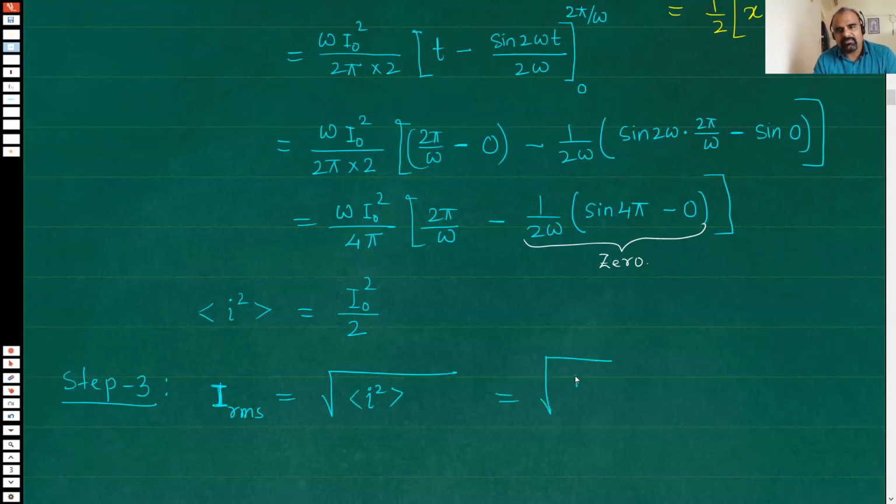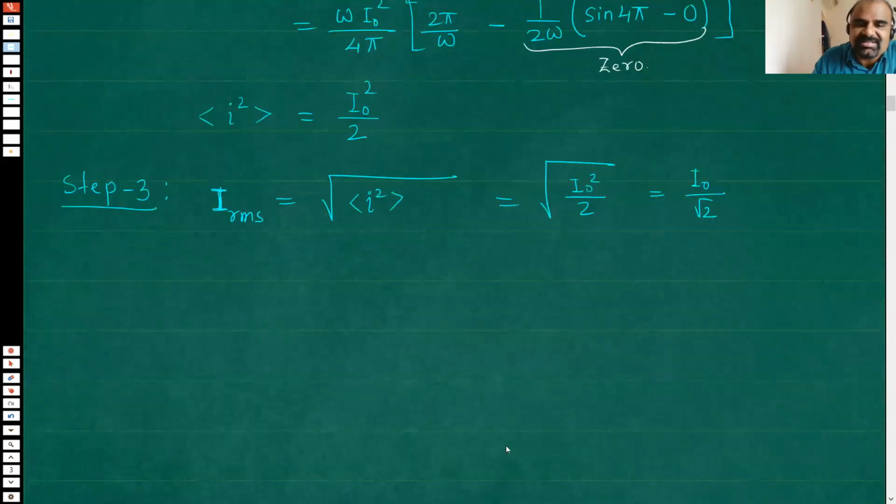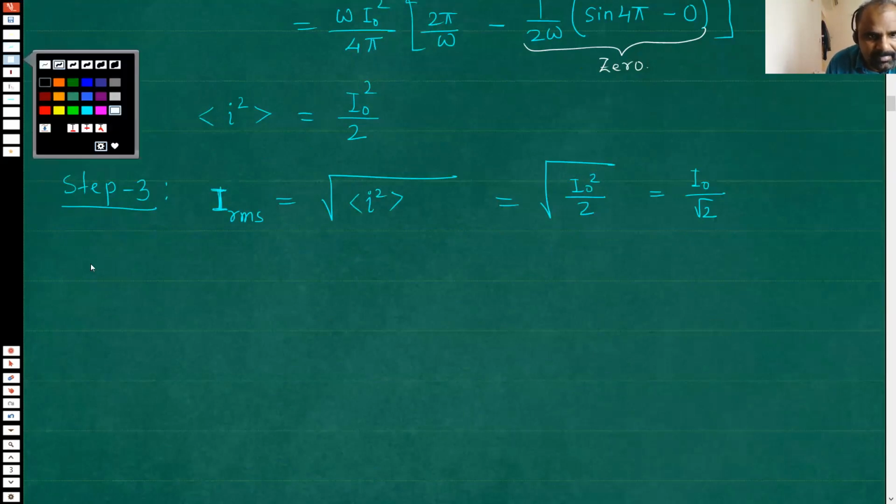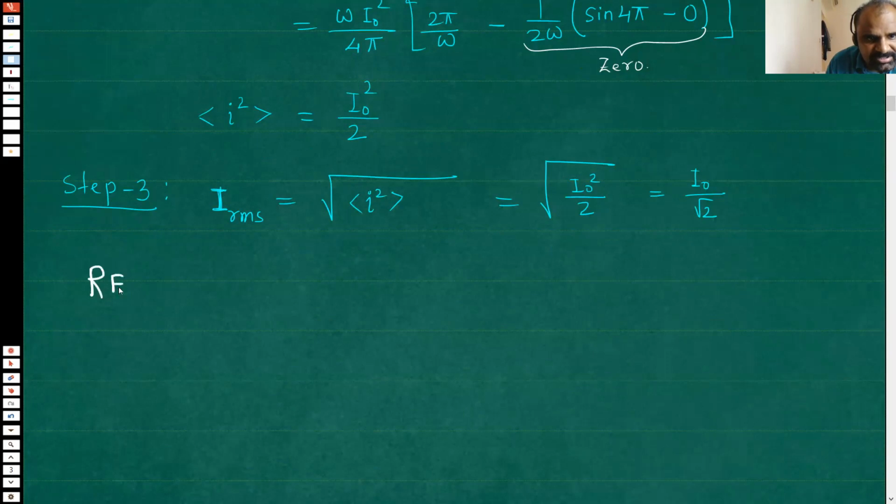So under root of I naught square by 2. So that means I naught by under root 2. So this is the result. The result is for any, let me now write the result. Very important result is there. For any sinusoidal function,